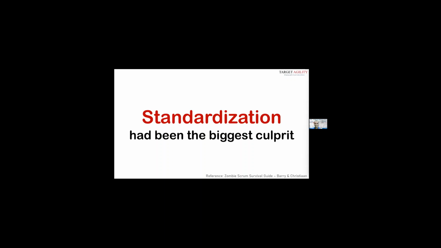Understanding that standardization is actually the biggest blocker, we need to see how this standardization is coming into our organization. Why is the team constrained from developing local solutions? Why are we always made to think of short-term solutions? Why do we want to build the whole organization following a standard process, whether it is ITIL, CMMI5, or for that matter, even Agile? Why do we have to standardize the whole Agile transformation across the organization? Why do we have to have a standardized maturity assessment across the organization?